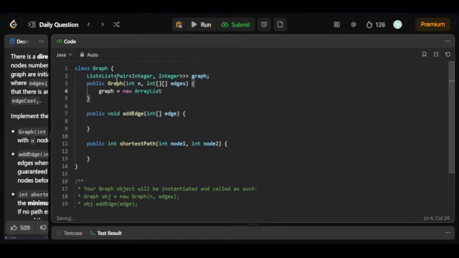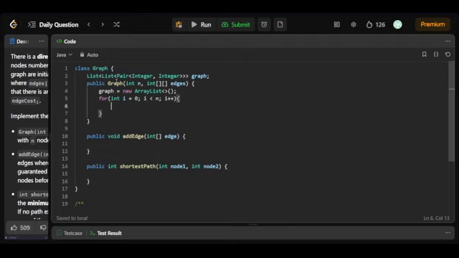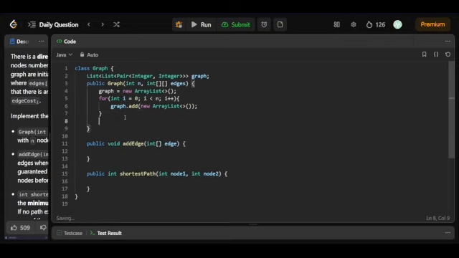list. And firstly I'll be adding empty array lists. So for i equal to 0, i less than n, then i plus plus, what I'll be doing, I'll be just adding graph dot add new array list. Okay, so I've added empty array lists to the graph list, and then what I'll be doing, I'll